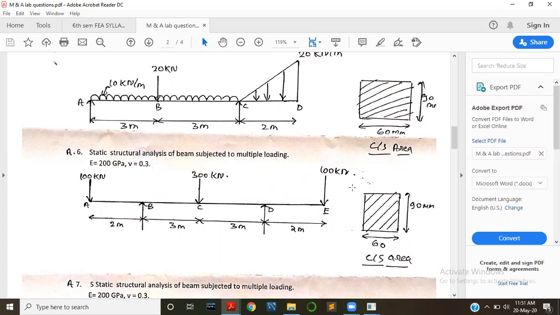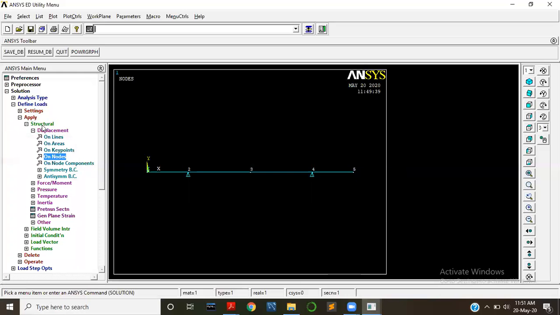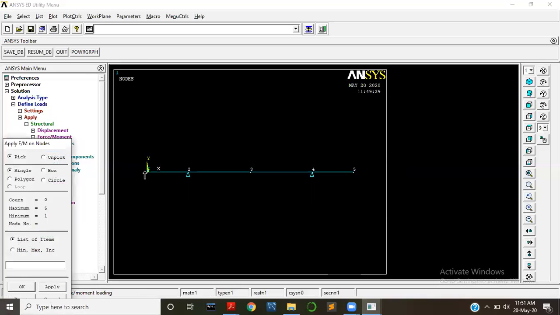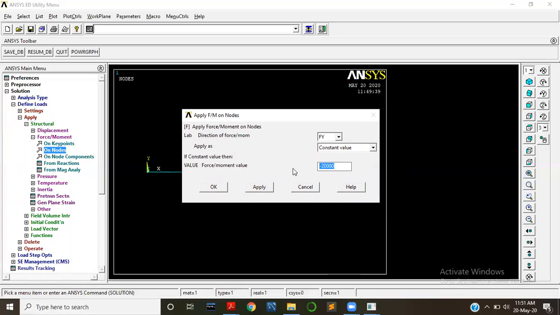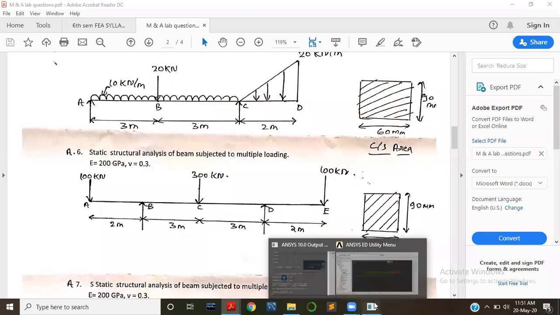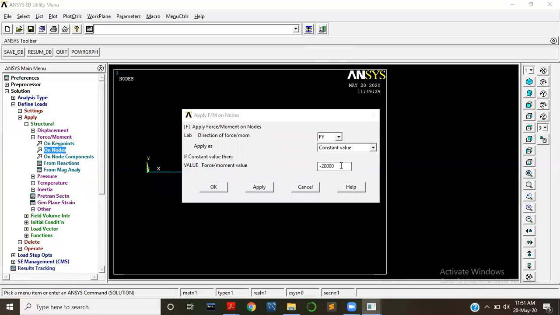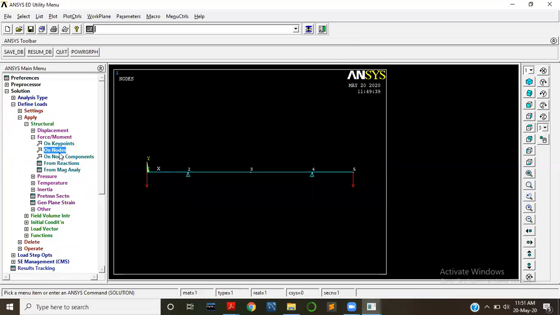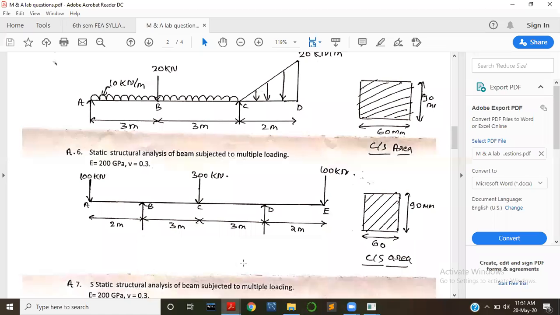And at nodes 1 and 5, 100 kilonewton is acting. So under force or moment on nodes, select 1 and 5. The Fy acting is minus 100 kilonewton, that is 100,000. And one more nodal load is applied at the center node, that is 300 kilonewton.